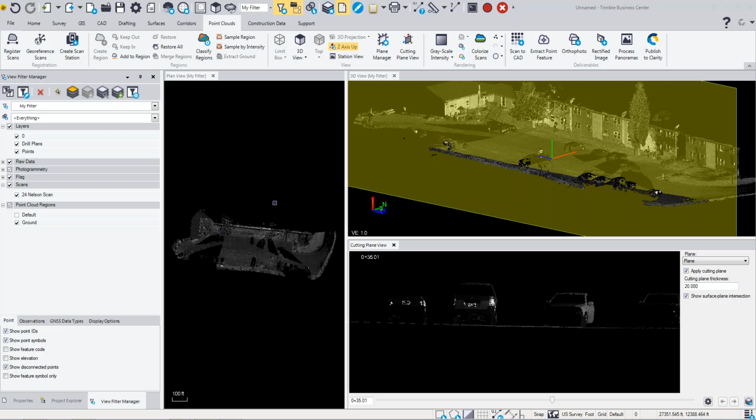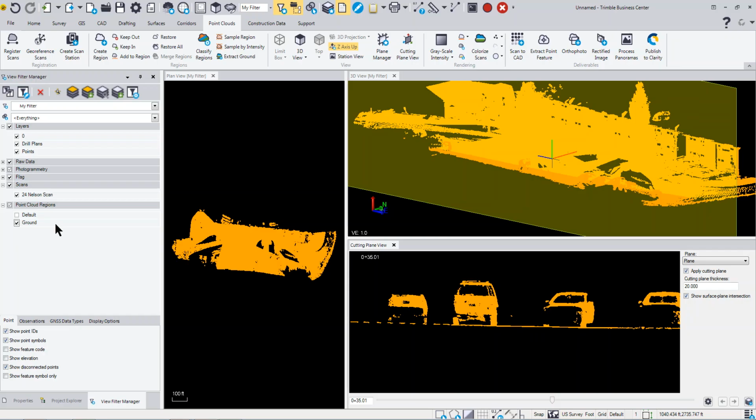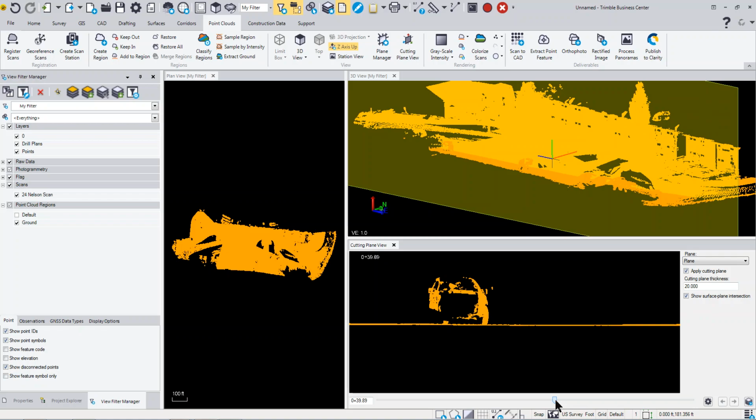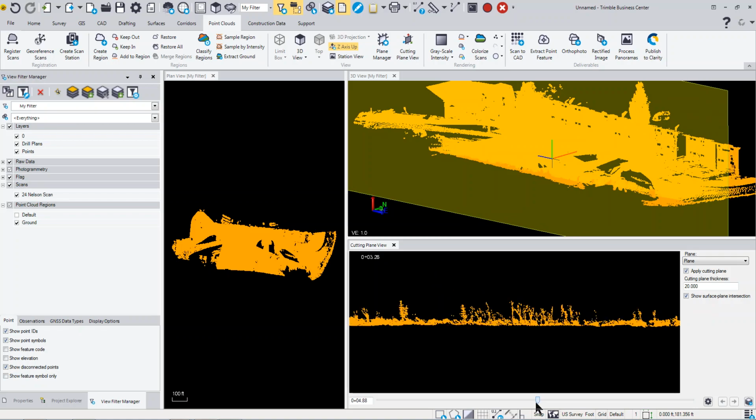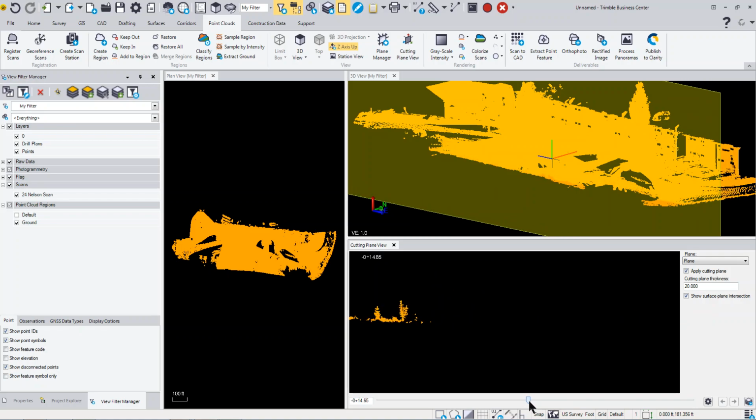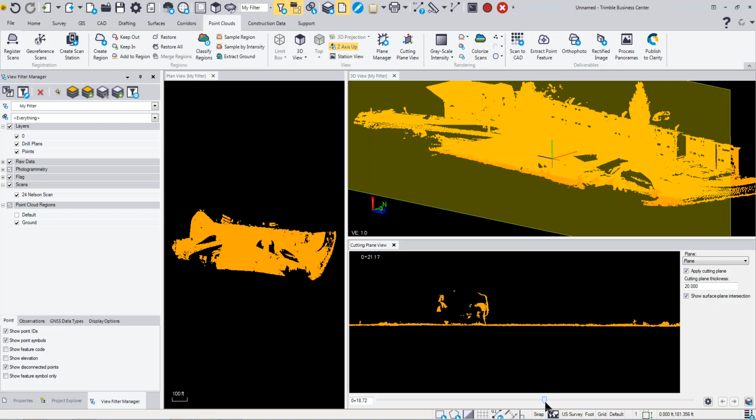So the keep out command allows us to remove points or selection of points from our point cloud region. If I select this region and I'm working on ground, you can see I'm using a combination of a 3D view as well as a cutting plane view. As I scroll in and out, I can see the vehicles and the cars and other information. So if I was to come in here, I can see these cars,